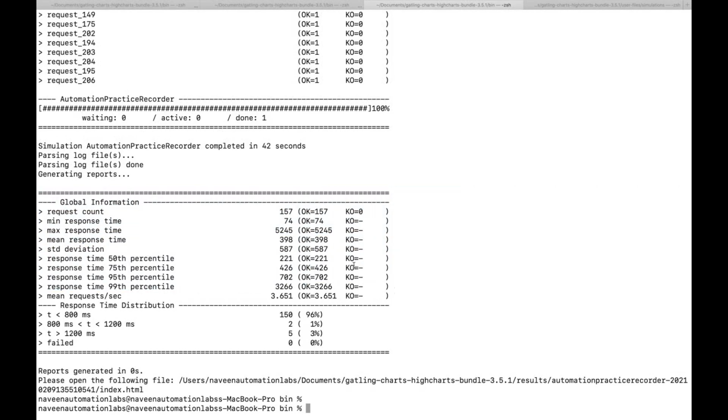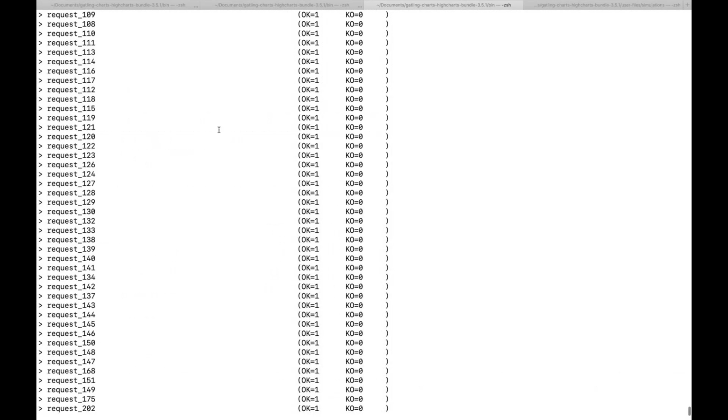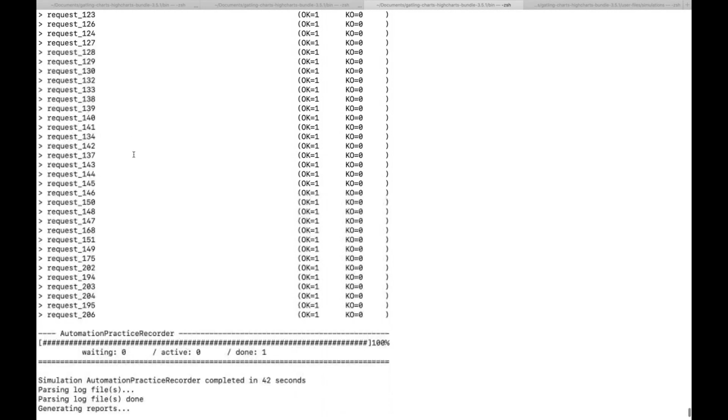Like this is the global information: the request count, there were 157 requests in that particular HAR file. When we converted the HAR file to the Scala script, there were 157 requests, including JS files and JPG, PNG. A lot of things are coming from the server. So it will take everything into consideration. Because it's a performance testing tool, we have to consider those factors as well, that on the browser page all the JPG files, PNG files or JavaScript files are getting loaded or not, and how much time it is taking. So that's why there are so many requests available. This is not purely API performance testing we are doing. We are doing web plus API together.